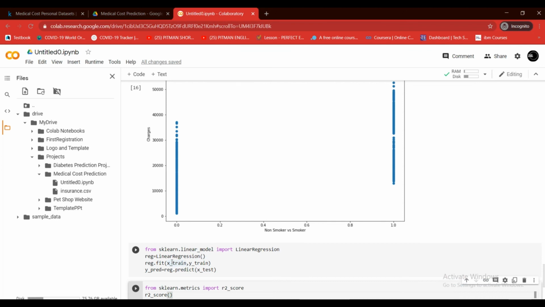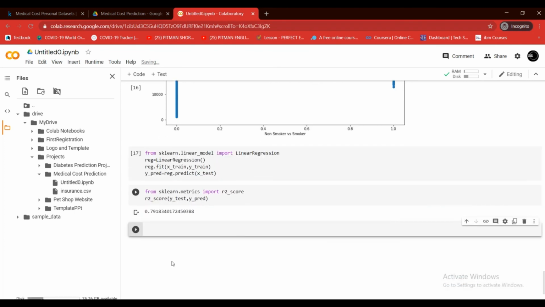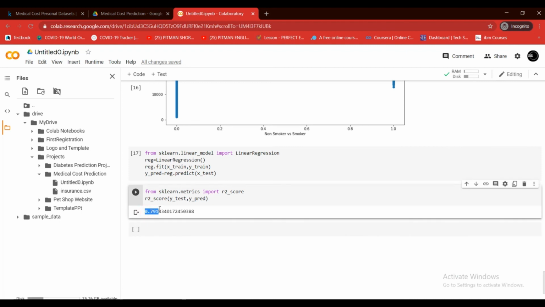The format for this is always y_true, comma, y_predicted. In this case, my y_true is basically the testing y that I had, which is my actual labels. So I have y_test, comma, the predicted y that we have, which is y_pred. If I just run this cell, you can see I am getting somewhat of 79% accuracy,